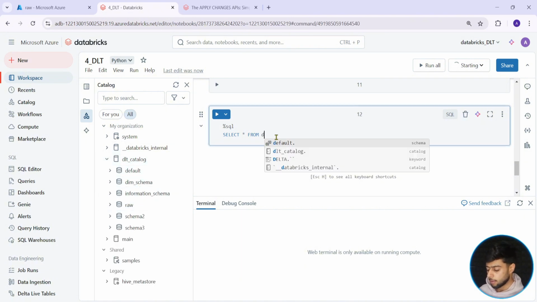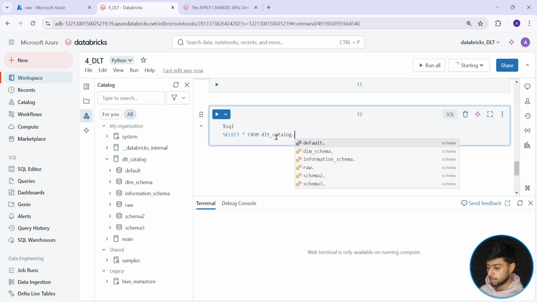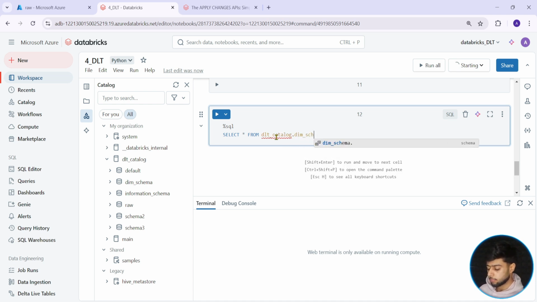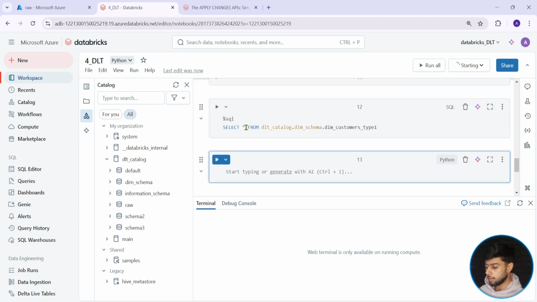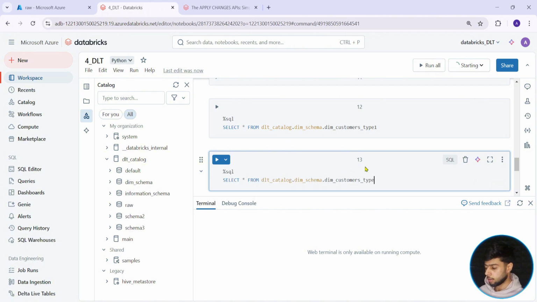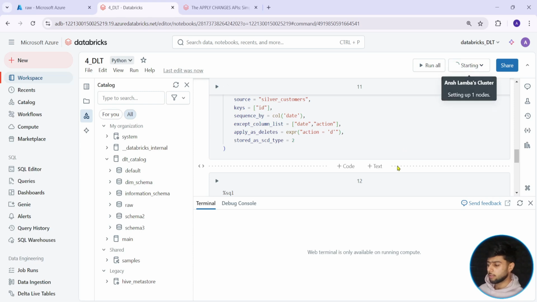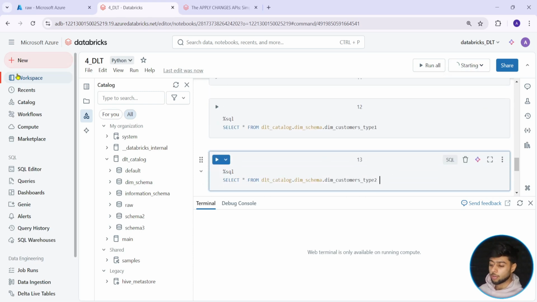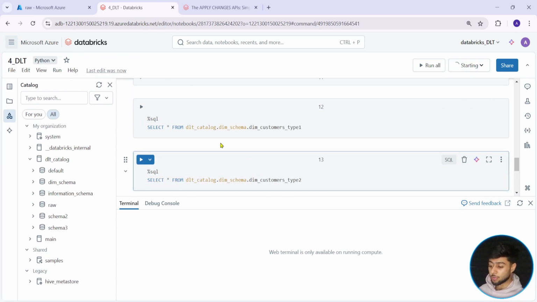Okay, DLT underscore catalog dot dim schema dot customer type 1. In the second code I will copy this, paste it here, and say 2. Perfect. Once it is turned on, I will run these two commands and you will see your dimensions ready